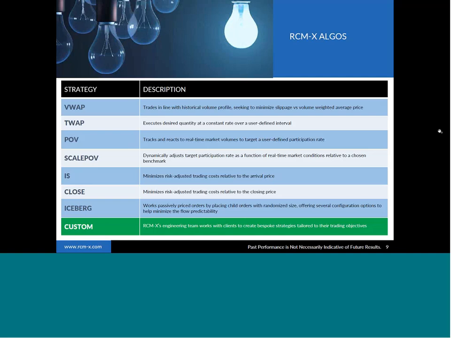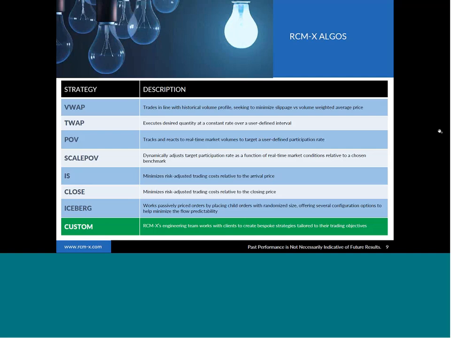POV is percentage of volume, so that rather than trading based on historical volume patterns, it releases child orders as today's trade volume unfolds. And so it attempts to participate in a specified participation rate against today's market volume. The advantage of that, again, is that it is trading based on today's information rather than a forecast based on history, so you're always trading based on what the market's actually doing. The disadvantage of that is because it's not allowed to plan ahead of time. It's always essentially playing catch-up to what's happening in the market.